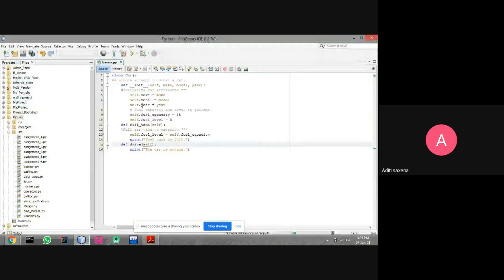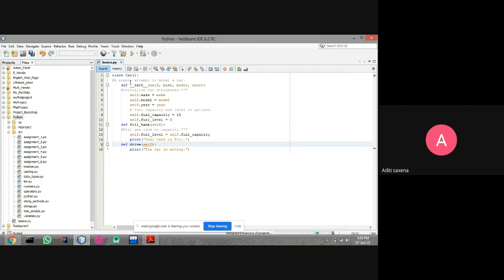So this is the basic syntax of how to declare a class. First, we necessarily need the class keyword before declaring the class, telling the IDE that we are declaring a class. Like when we declare a function, we always write the def keyword before it. Similarly for a class, we use the class keyword. Now I have created a class named car. Inside the car I have created three functions. The first function is init, with self.